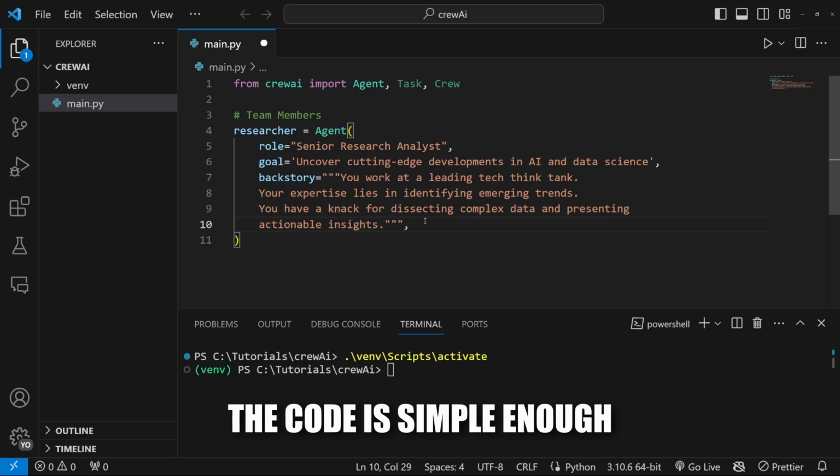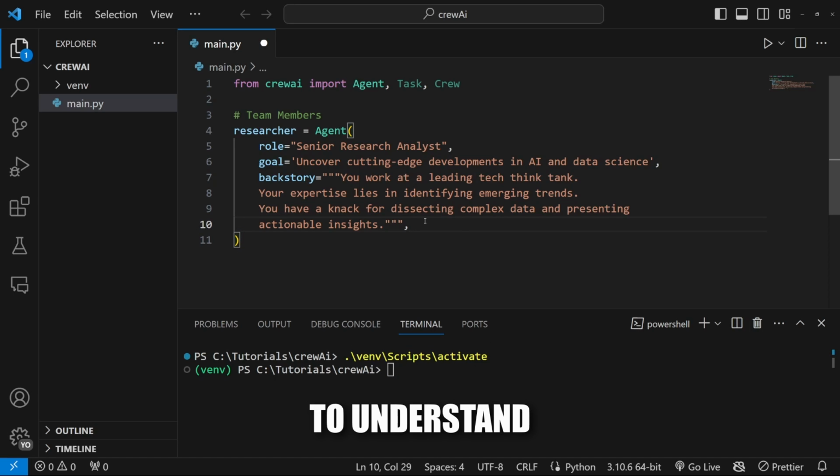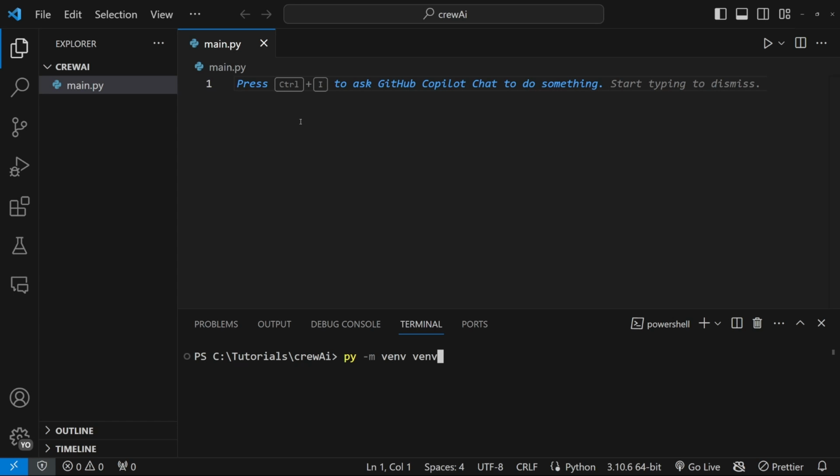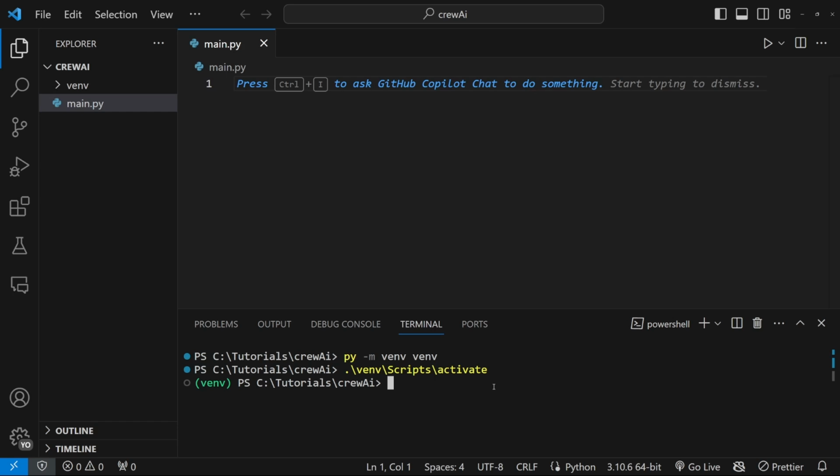The code is simple enough for non-coders to understand. Let's start by creating a new file in our Python project. Let's also create our virtual environment and activate it as well. Let's install CrewAI by running pip install crewai. I will also add my OpenAI API key to an environment variable file, so therefore I'll add python-dotenv as a